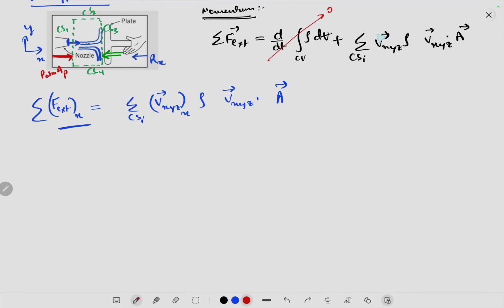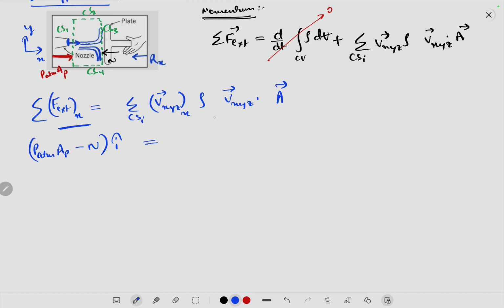This will be nothing but the normal reaction from the plate, so let's consider that normal reaction as N. Now in the x direction, what is the total force acting on this control volume? This is nothing but P atmosphere times area of the plate minus N, i hat, equal to,